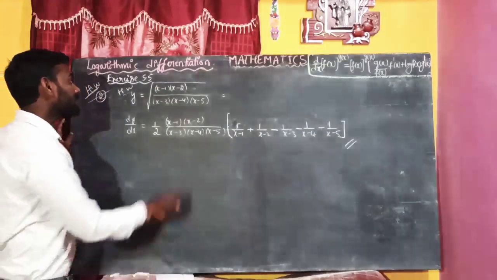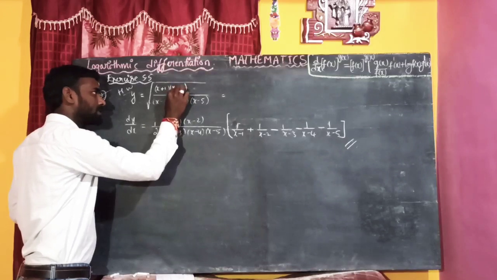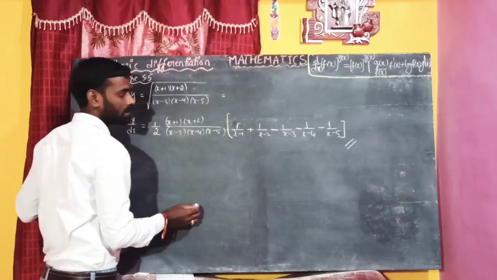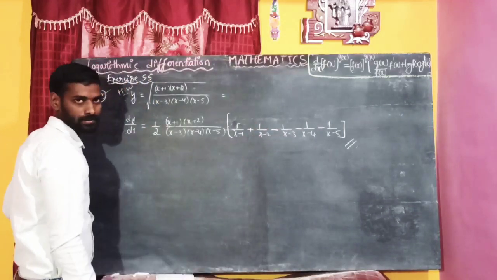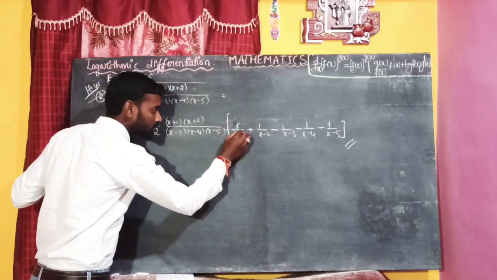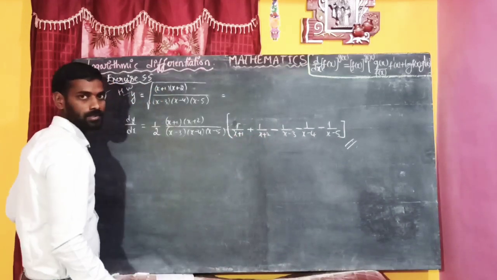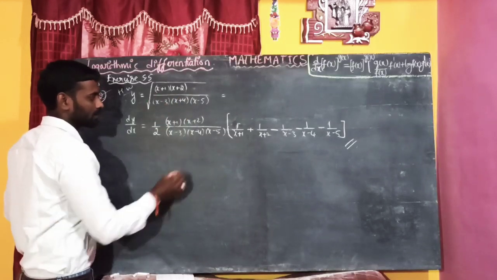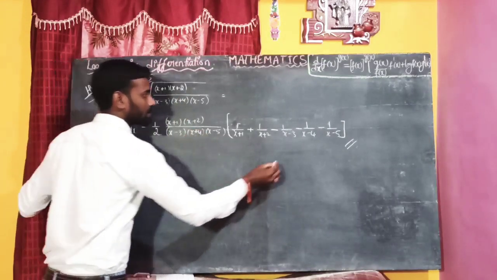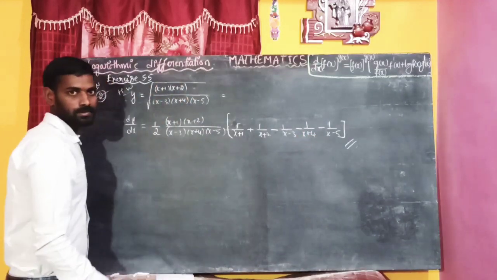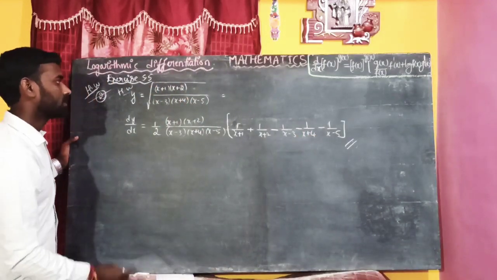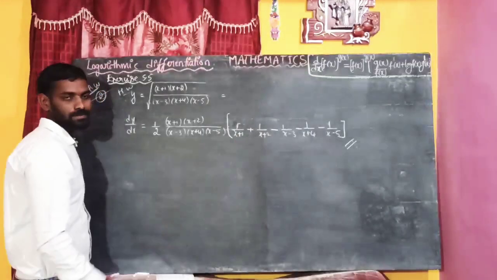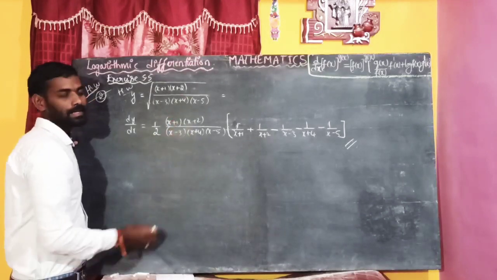Okay guys, if this is plus, then this is plus. Here this becomes the same. Sorry, here also this is plus. Here observe, here it is plus, here it is plus, here also it is plus. Now similarly, if this is plus, then all become plus. Like this you will get the answer.